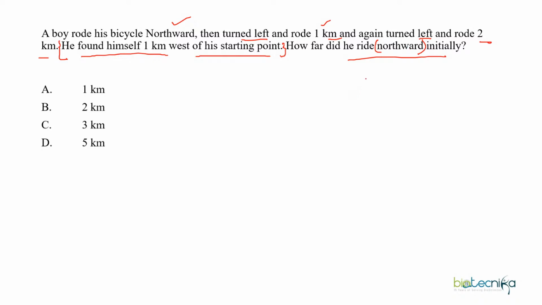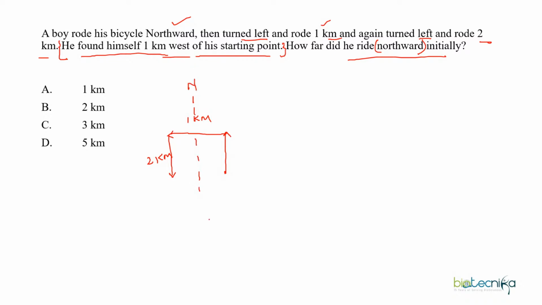चलो, let's see उसका डायग्राम किस तरीके से बनता है, ठीक है। सो इस क्वेश्चन में a boy rode his bicycle northward and then turned left, ठीक है। सो नॉर्थ की तरफ एक साइकिल चला रहा है, ओके, उसके बाद वो लेफ्ट घूम रहा है, यहाँ पे वो 1 किलोमीटर घूमा, ओके, फिर से he is turning left and rode 2 kilometer, यहाँ जाके फिर से 2 किलोमीटर गया. ओके, he found himself 1 kilometer west of the starting point. सो अगर हम ये डायरेक्शन यहाँ बना लें,